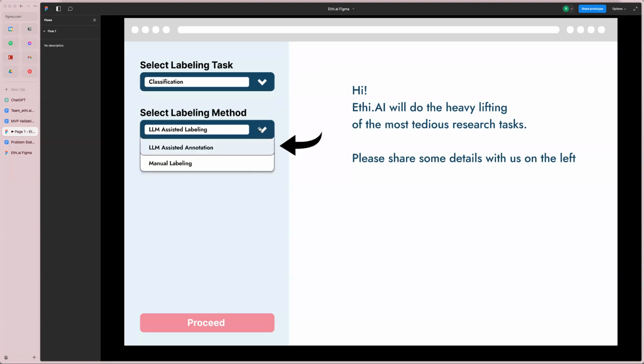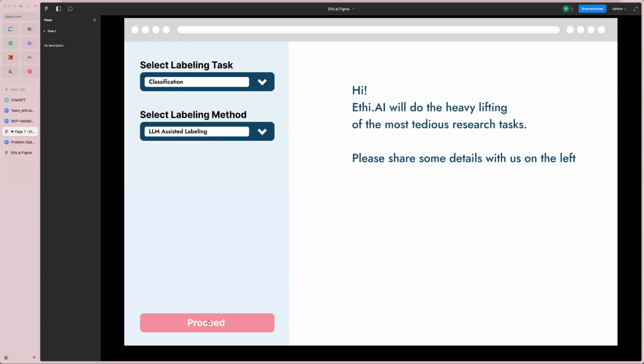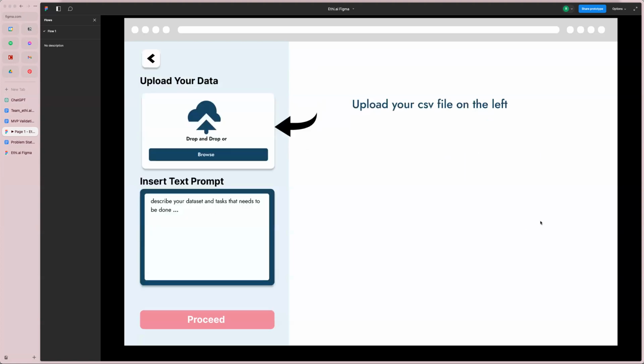Then we will select the labeling method. This can be either LLM-assisted annotation, or you can choose to just manually label the data that you submit. So we'll just pick LLM-assisted, which will have LLMs do the initial data annotations for your data set. So once you have selected the settings for which you want to proceed with your data set, you can just proceed, and it goes into our second window, which